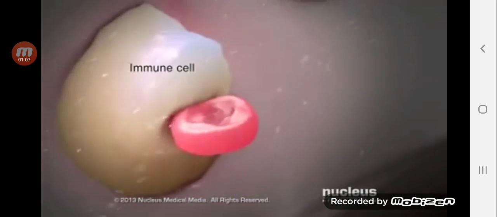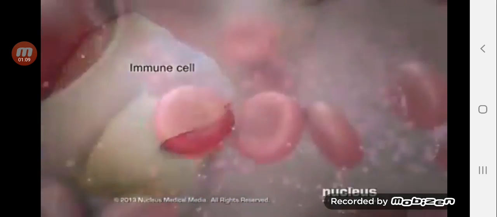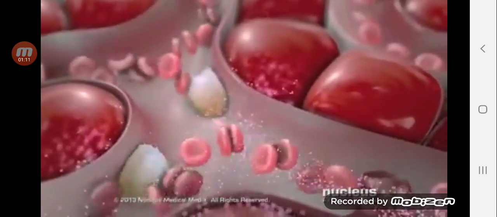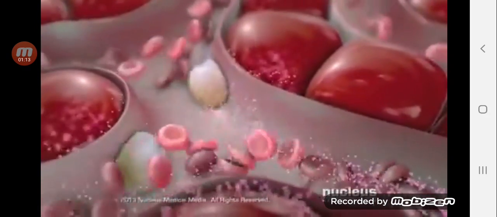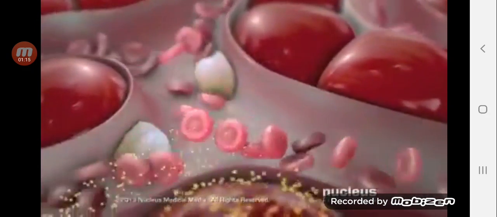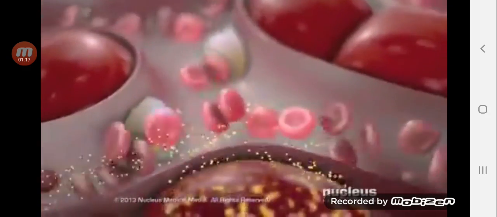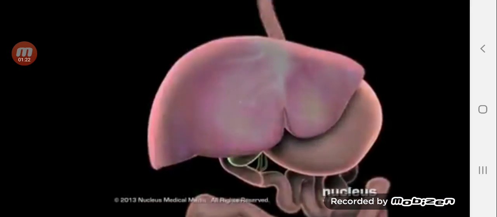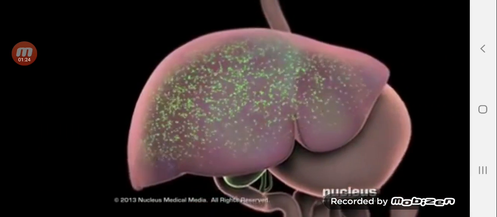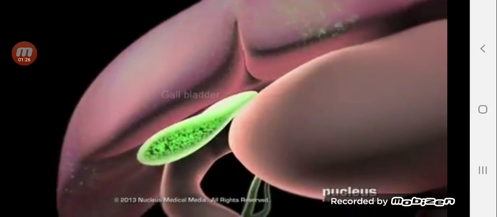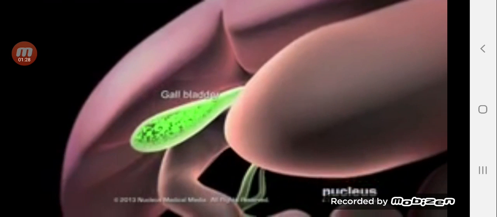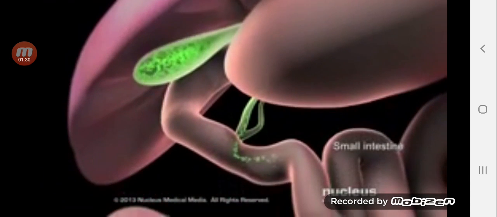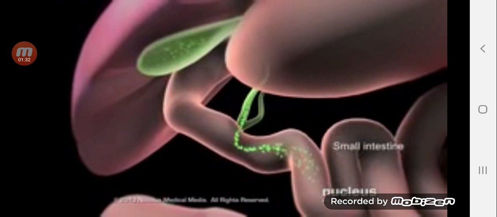remove bacteria and worn-out blood cells, and form clotting factors that control bleeding. After a meal, your liver makes and stores nutrients to provide your body with energy when needed. Your liver also makes a substance called bile. Your gallbladder stores the bile and releases it into your small intestine to help digest fats in the food you